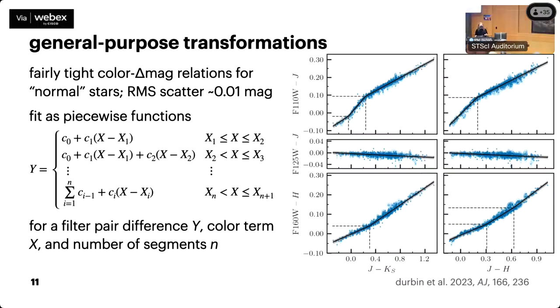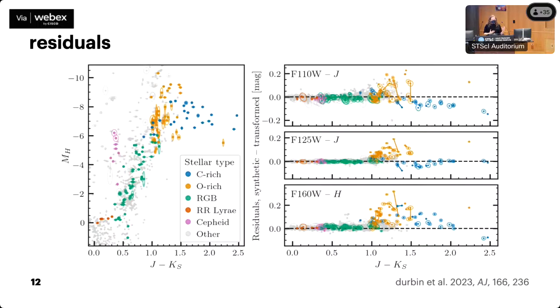And so if we take these relations and extrapolate them to the same AGB stars that we rejected in this fitting process, you can really see where things start to go off the rails. The blue stars here are the carbon-rich AGB, and the orange ones are oxygen-rich. I'm also showing first-ascent red giants, RR Lyrae variables, and classical Cepheids for comparison.